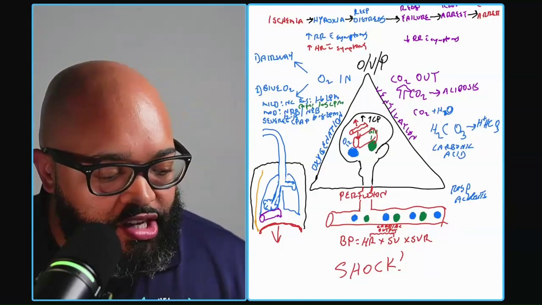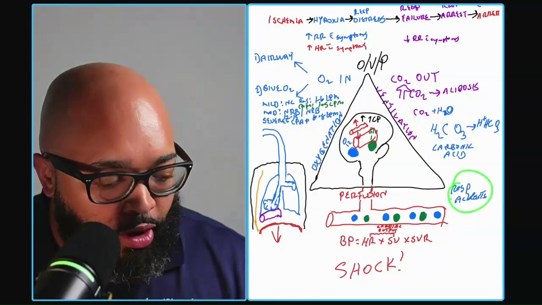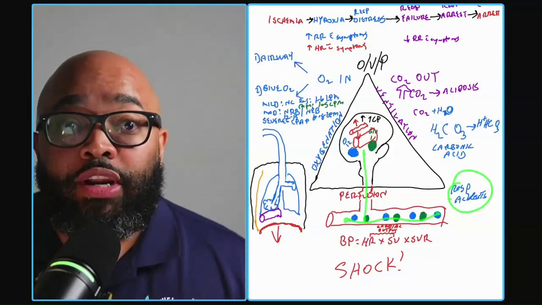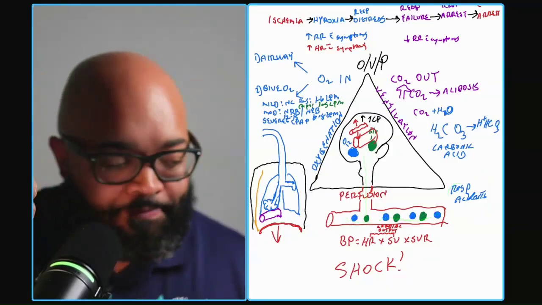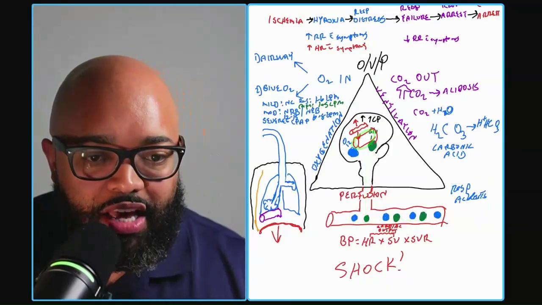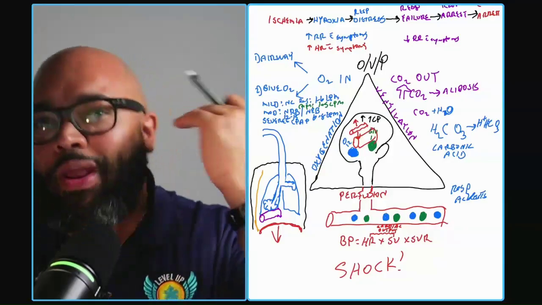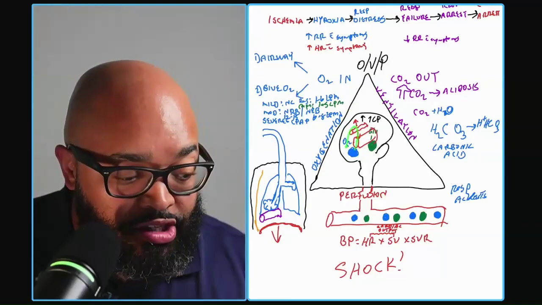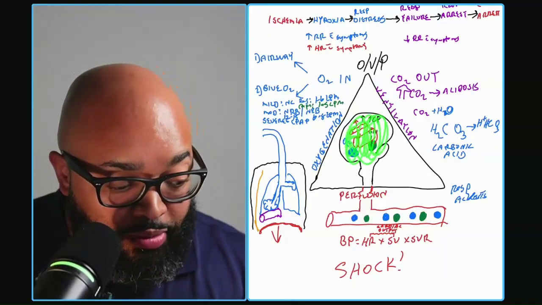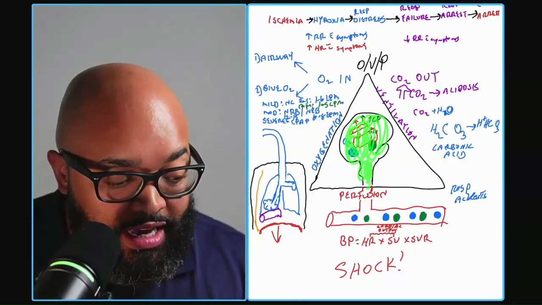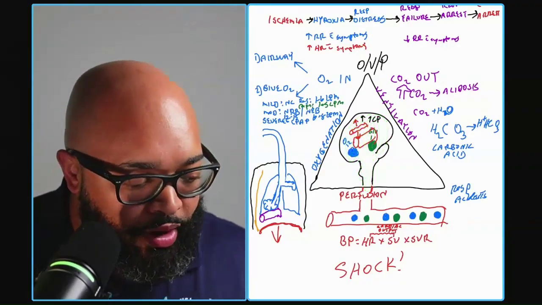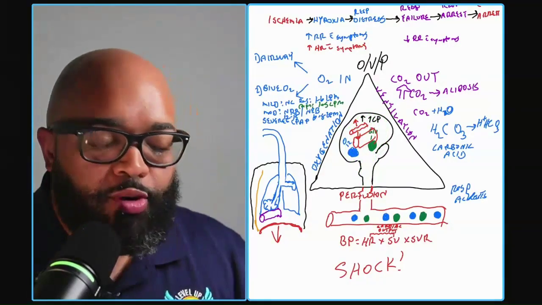So not only does all this acidosis, once it gets into the blood, when it goes to the brain, it's going to increase the volume in the brain because it dilates the blood vessels. So now I have more blood going into the head. That's going to lead to more pressure. That pressure is going to cause increased intracranial pressure. It's going to cause herniation. It's going to cause respiratory arrest, or irregular respirations that lead to respiratory arrest.